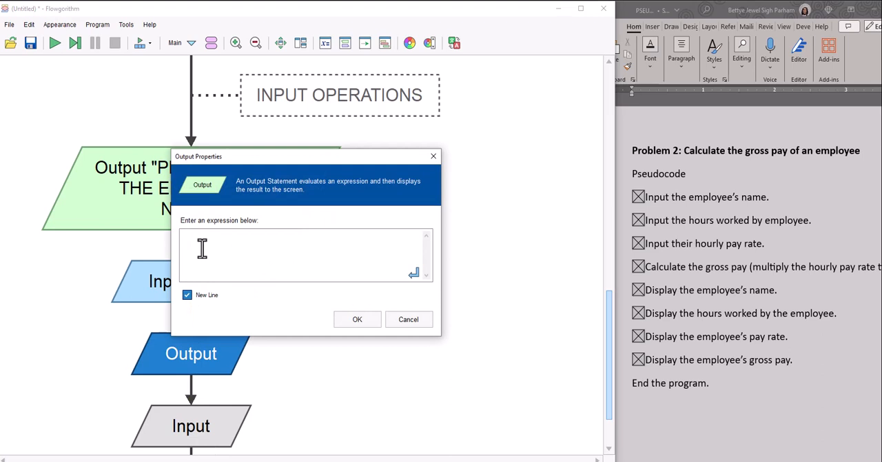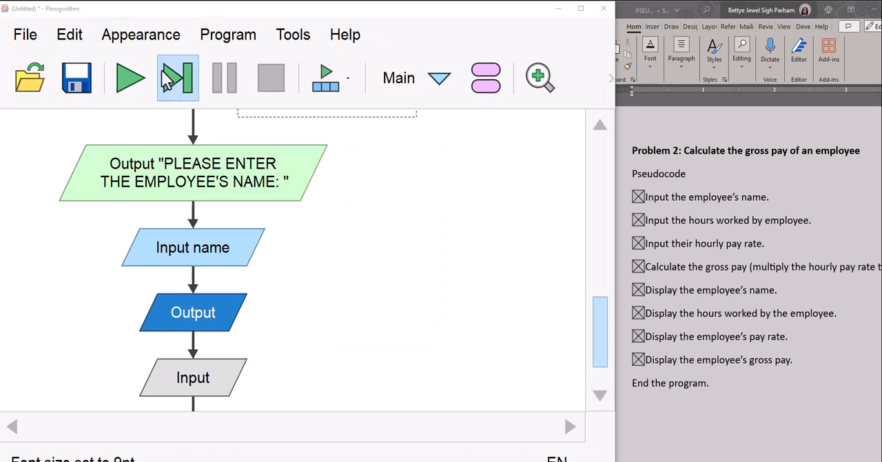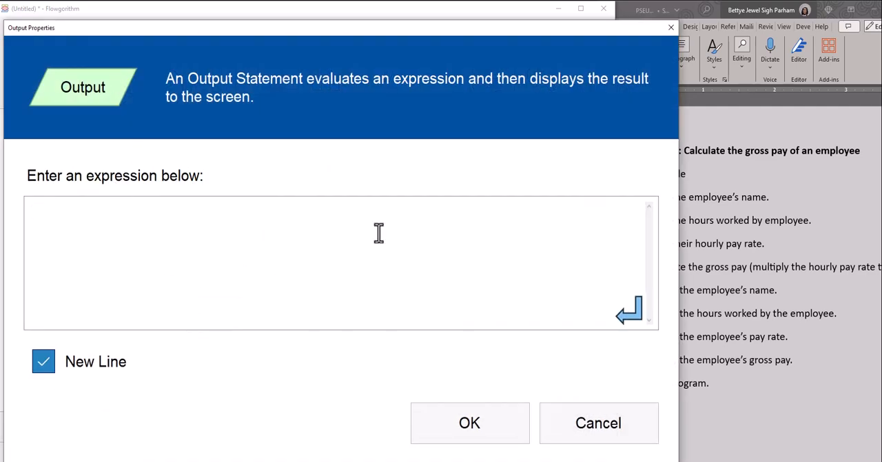So we may say, how many hours did, and you notice I have, and let me make this look a little bit larger. I scaled the icons as well, so when I bring in the various symbols such as output and input, and I go to open those up, the scale is larger so you can see what I am typing a little bit better. An output statement, we're going to say how many hours did,